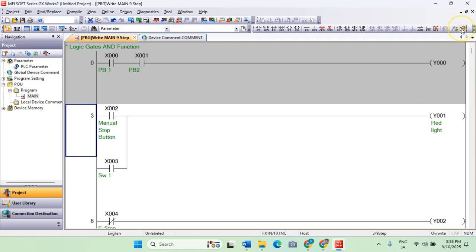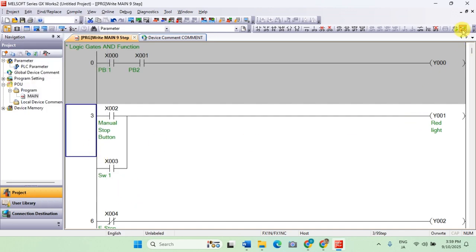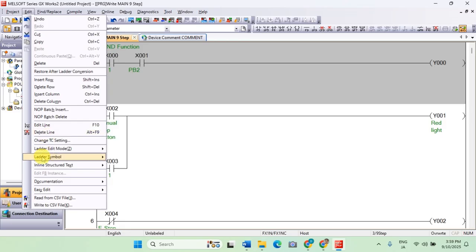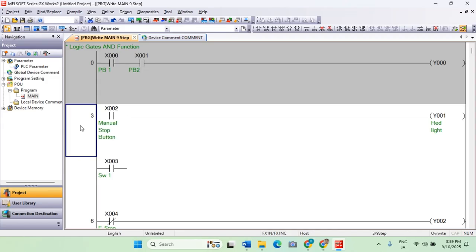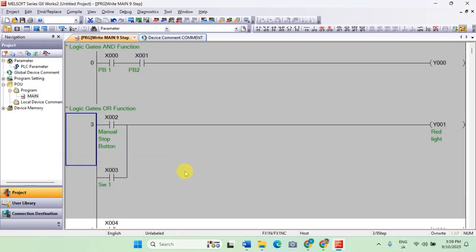I'm going to uncheck this, or click on this to disable again the device comment, and then we go to the documentation and select the statement. It's the same as clicking here, or going to Edit, Documentation, and clicking the statement here. So I will add a new comment: logic gates AND function.